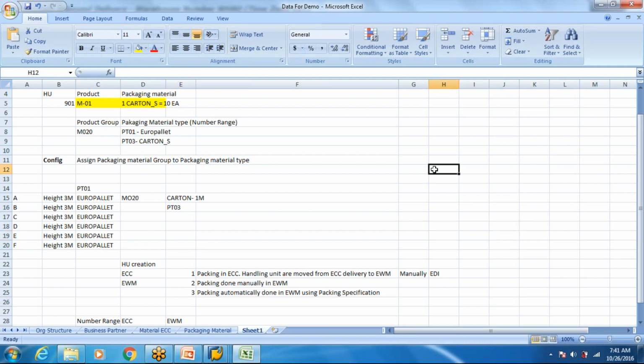So in the MM flow, you create a purchase order and order from the vendor. Then, when the vendor is dispatching, the product is ready and placed, so the vendor will give an EDI message, which is also called ASN.